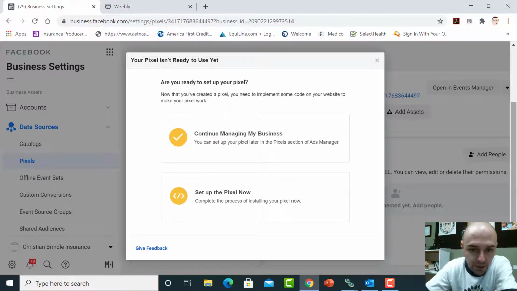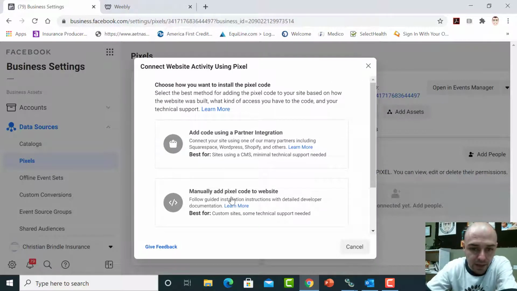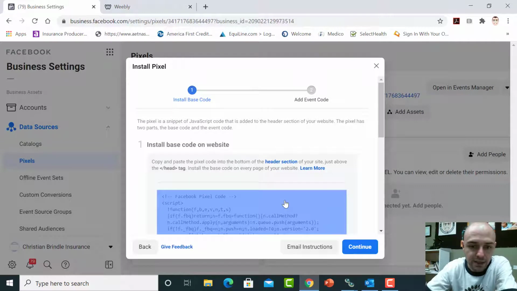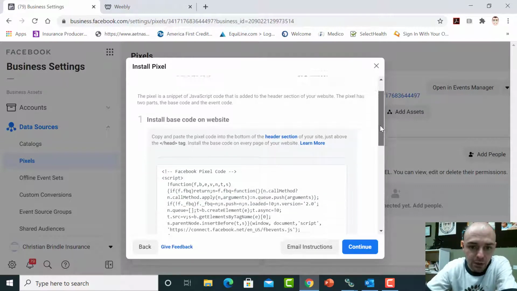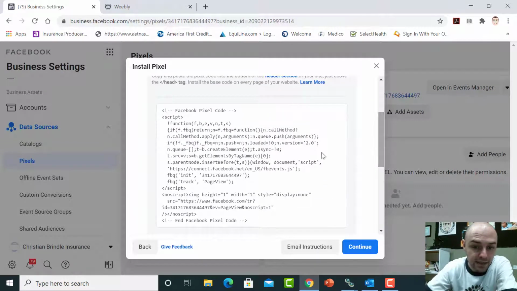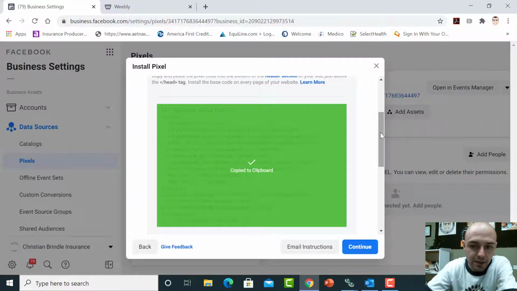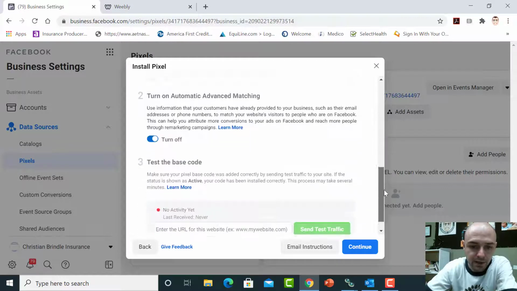So we're going to set up the pixel now, and we're going to want to do manual here. So this is like, you know, if you have a third party that's going to basically help integrate the pixel, but in this situation we're just going to do it manually, and I'm going to show you how easy this is. So you're going to get this code here. Looks kind of intimidating, right? But it's not so bad. So I'm going to copy that code,